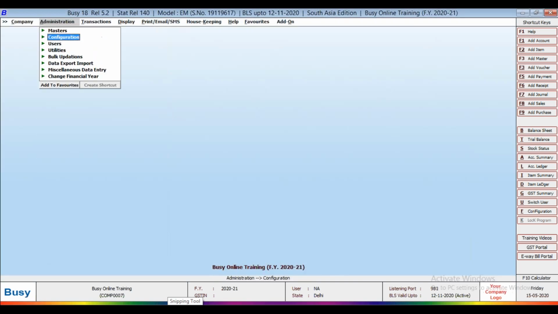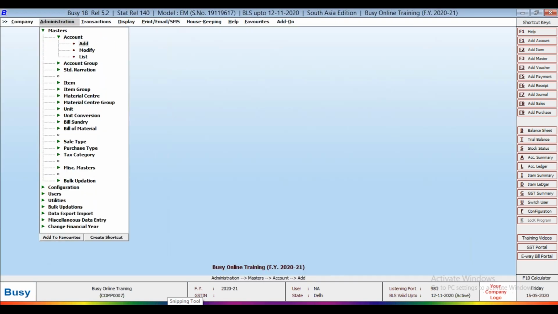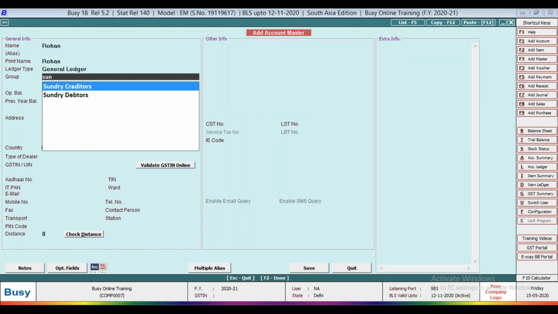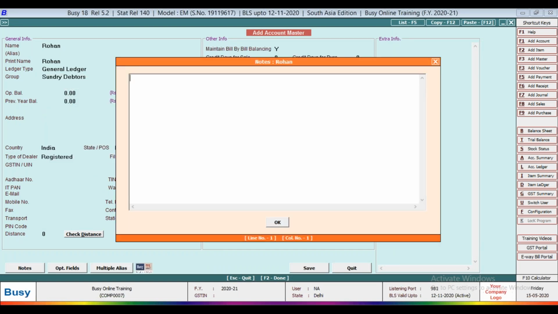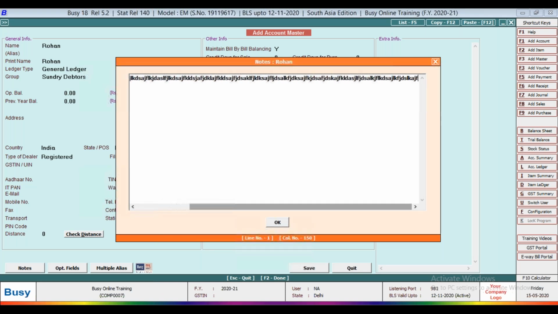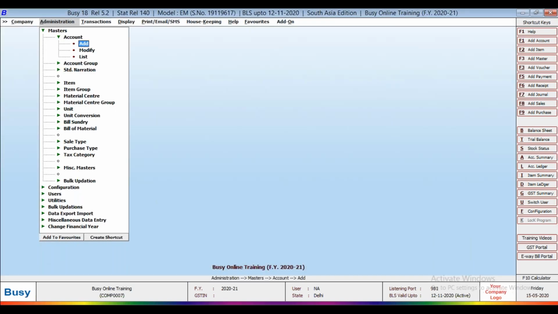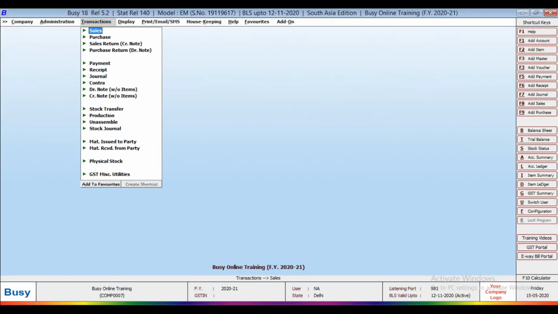So first I have created account master as Rohan, as general ledger, sundry debtors. Now this is the notes window. In one line you can define only 80 characters. Okay, so this is the notes. Save. Yes. After that, when you make the transaction sale,